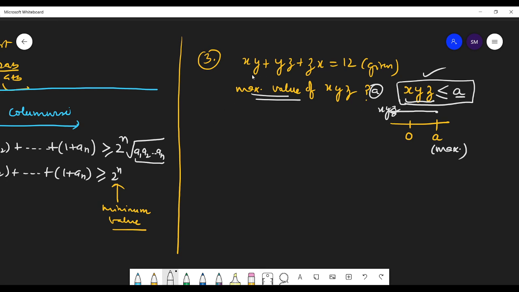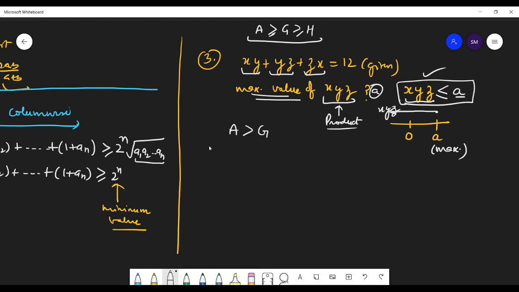Now, students, what are you going to do here? Tell me. You have this inequality: A is greater than or equal to G is greater than or equal to H. A greater than G will be used here, because you can see the product here. And you are adding these three numbers.